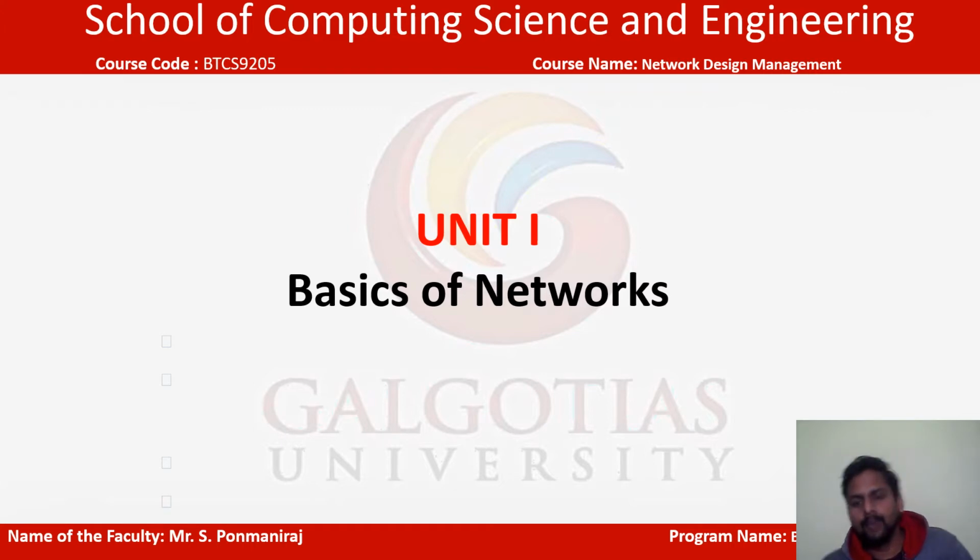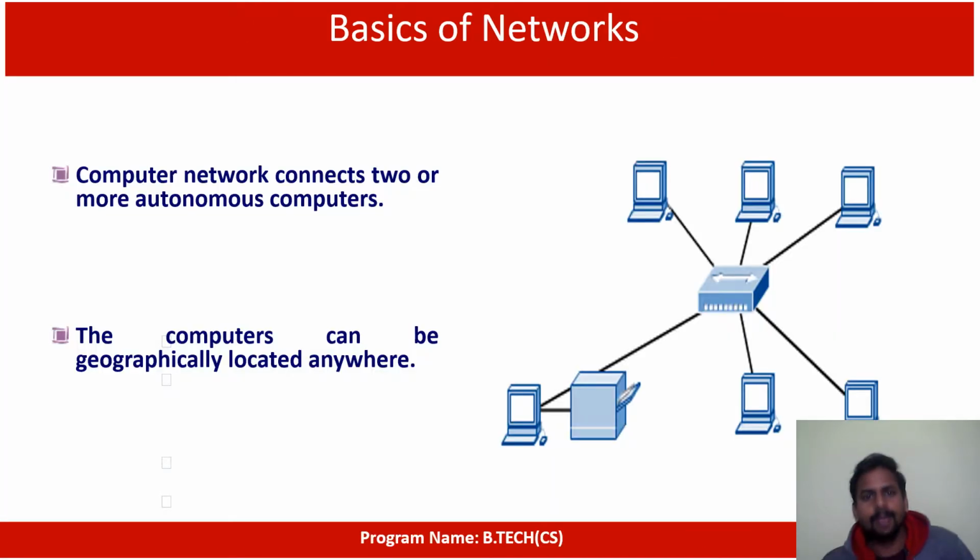Okay, let's move on to the next slide. So first we have to understand the basics of a network. That means, what is a network here? In this definition you see they mention a computer network connects two or more autonomous computers. That means if one or more computers are connected together, then we can say it is a network because it forms a group environment to share information, right?